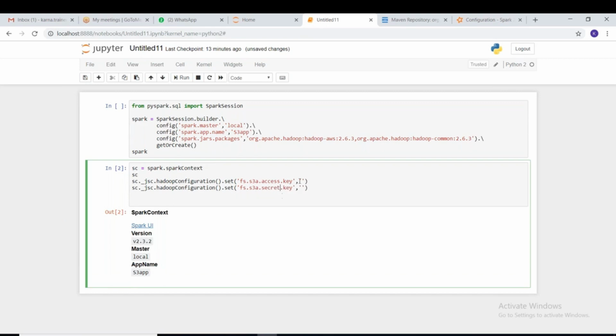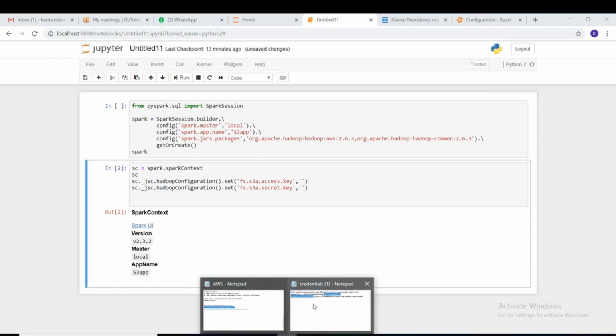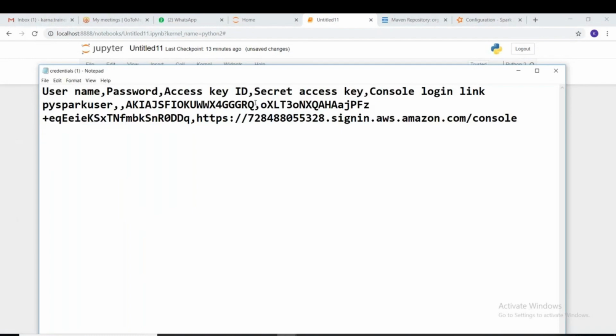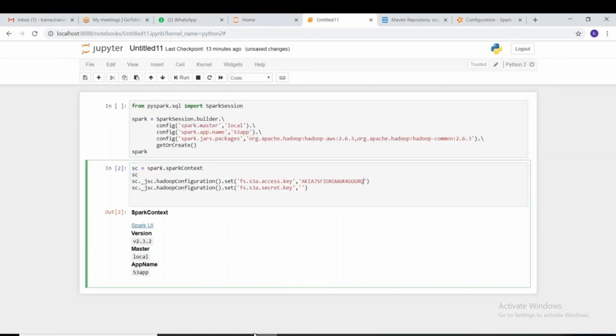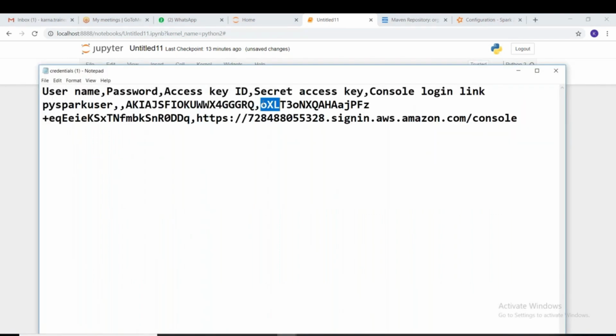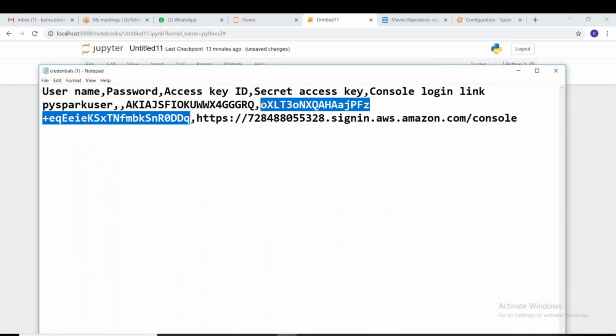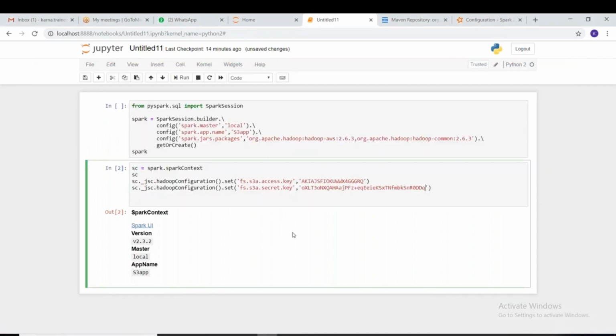And do not reveal these keys. Just for simplicity I'm hard coding these, but instead you can store them in a file. We have seen some examples in the previous sessions, right? We can store them in some file and read from there. Secret key, copy this and paste this here. Got it?